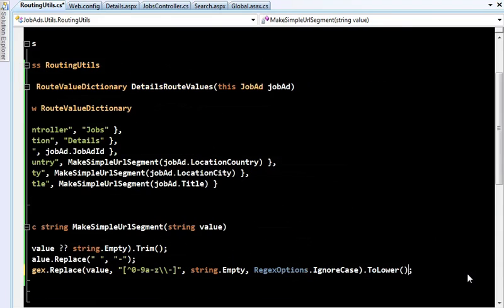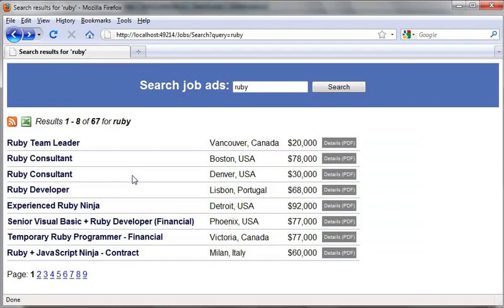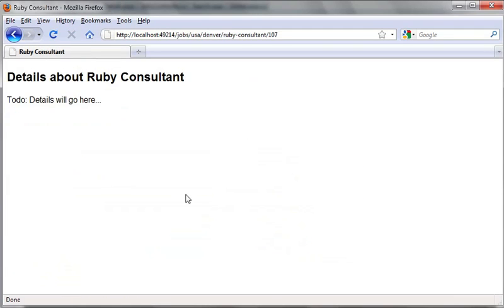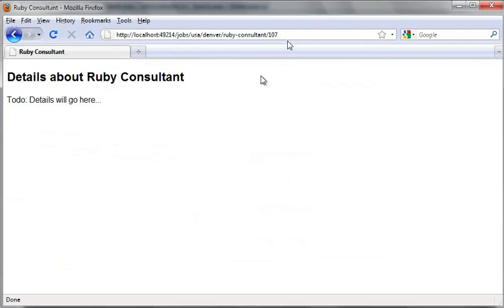Right, now I will recompile. I will go back to my application, reload this page, and click the link again. And this time, if we look at the URL, this is much more like what I expected and wanted in the first place. Okay, now there's one further problem about the way that we've achieved this, and that is that you can type any garbage you like in for one of these URL segments and the link will still work. And maybe you think it's good that things still work and it's good to have this kind of fault tolerance, but actually it's not in this case.